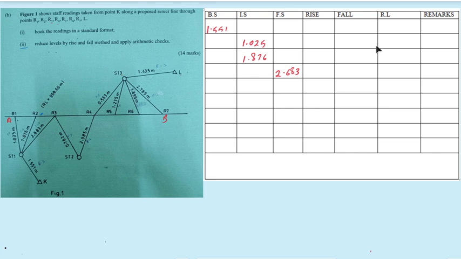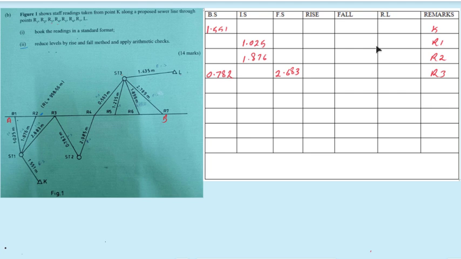So we have a back site of 0.782. This is the reduced repo at point number 3, this is at point number 2, and this is at point number 1. These two are on the same line because they are at point number 3. So we have 2.683 and also